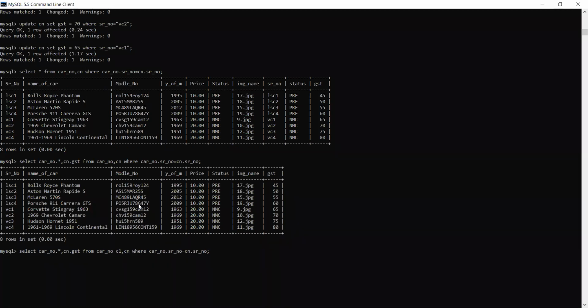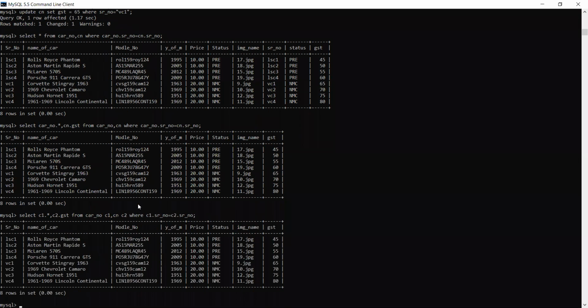No, here there is no need of AS also. And C2. Okay? So now you have created another name for car number as C1. So instead of car number, now you can use here C1. Cn's another name is C2 now. Okay, here also now you can use C1 and here you can use C2. It will work perfectly. Same thing. Only you must know how to create the alias. Not compulsory, your choice whether you wanted to create or you don't wanted to create. Clear?